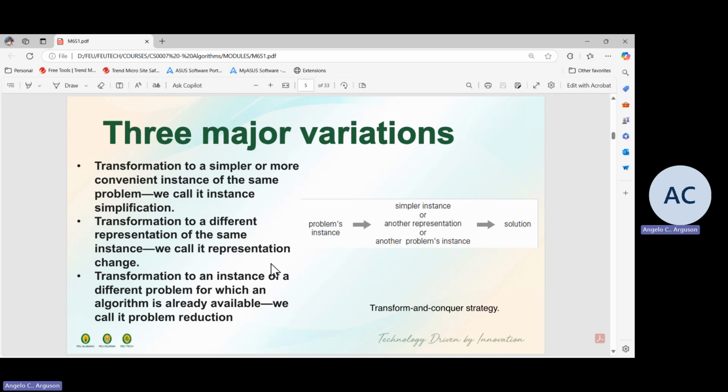The third variation is the transformation to an instance of a different problem for which an algorithm is already available, also known as problem reduction. The problem reduction involves transforming a given problem into an instance of a different problem that has a known solution. So by leveraging existing algorithms or techniques for the new problem, you can solve the original problem more efficiently. For example,